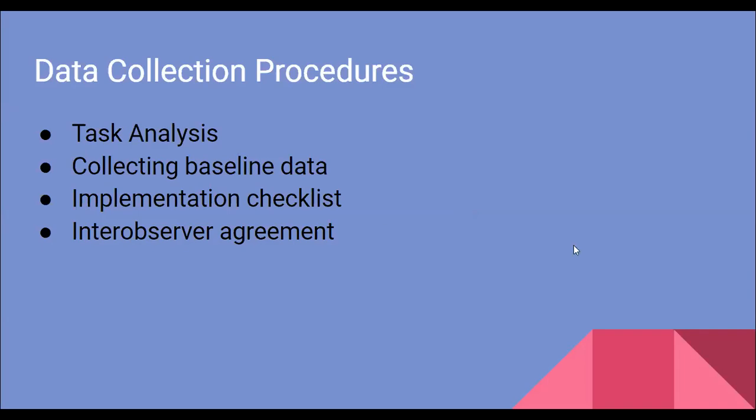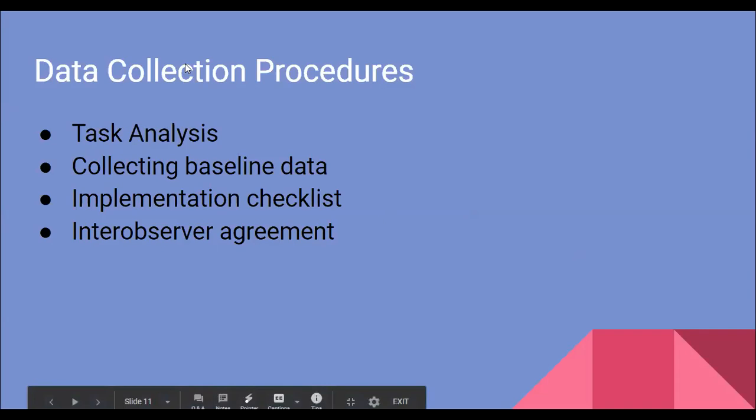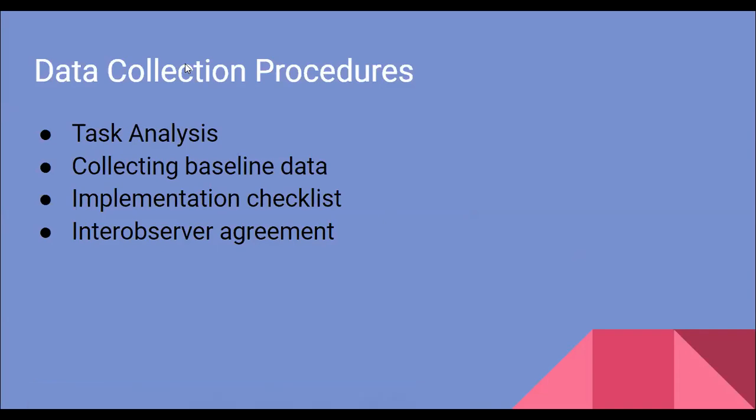Implementation checklist is another method to collect data for video modeling. The implementation checklist involves multiple steps of implementing video modeling. The checklist breaks down the skills in order to collect data on certain skills. Practitioners will be able to record data of the target skill and the plans for the intervention after the observation of the video. Lastly is the IOA.